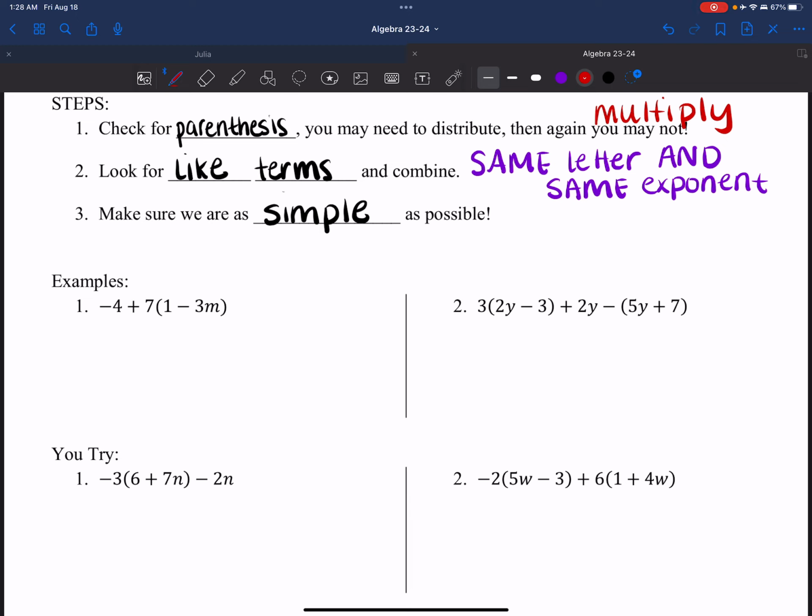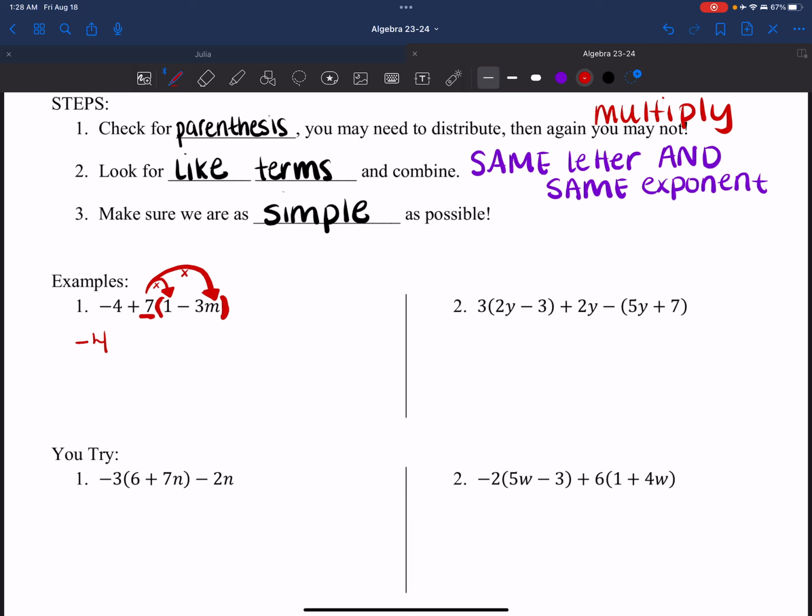Okay, so since my parentheses are right here, my factor is 7. All right, I need to multiply everything inside the parentheses to that 7. So I'm going to multiply everything. This -4 out here, I can't do anything with that yet because that's not part of my factor. So I'm just going to bring that down, -4. Okay, then I've got